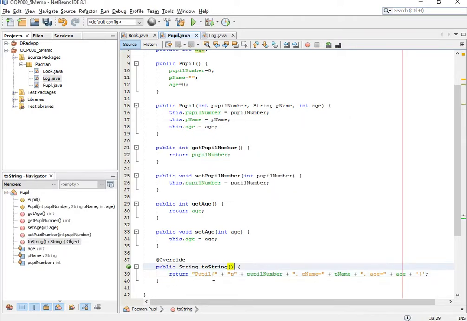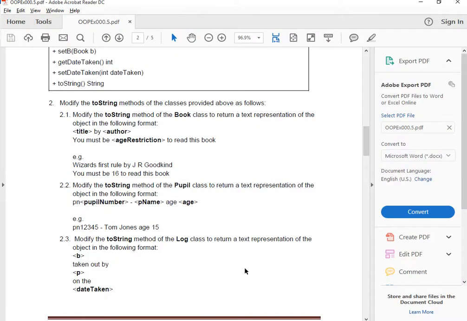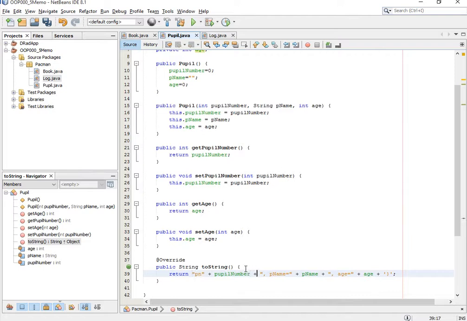So it wants it pn here. It then wants it to follow by the pupil number. It then wanted a dash, if I'm correct. It was a dash, and then a p name. So then it wanted space dash space p name. It then wanted a space with the age, and then space the age. It didn't want any close bracket at the end. Done. So we've modified the formatting of our two strings to return it in a text in such a way